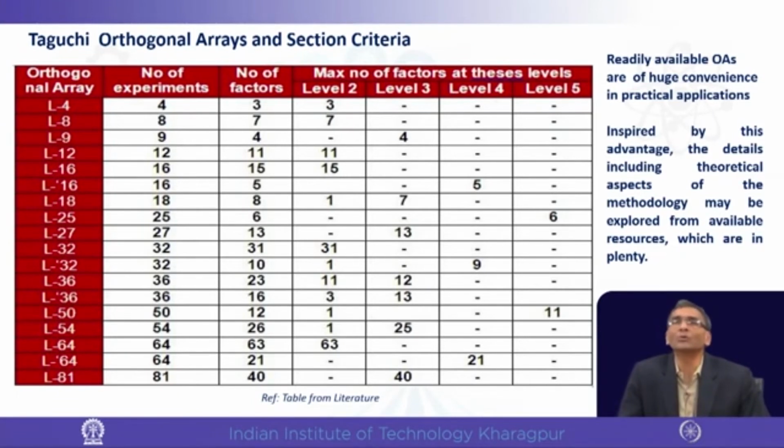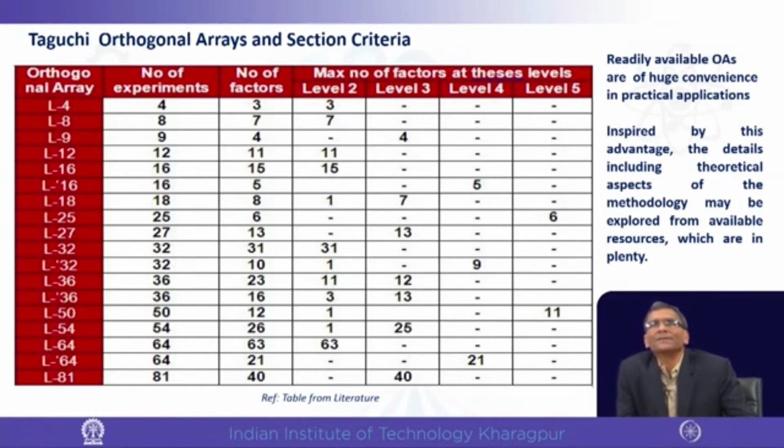You only have to know how many factors there are in your experiment and how many levels, whether only minimum and maximum, or minimum, maximum, medium, or whatever; it may be more. Whatever that level is, that can be obtained from this table. Say for example, if you look at the second one,